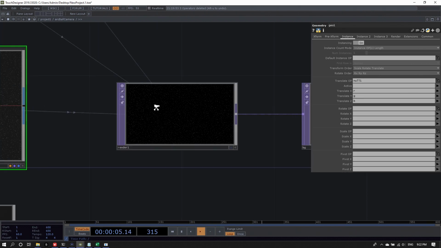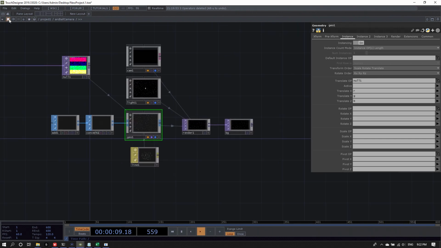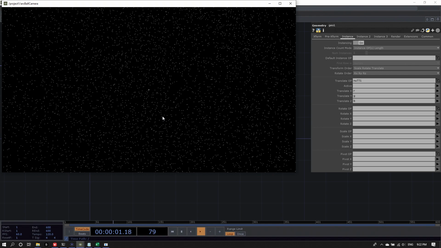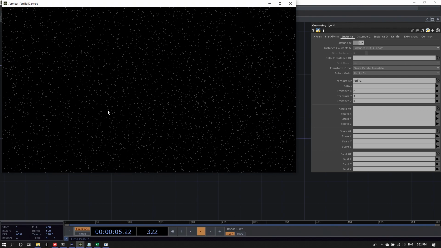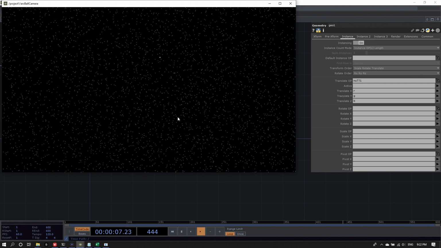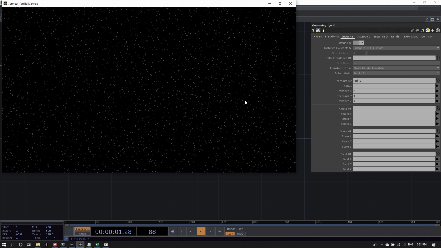And what I get is already pretty much the universe with the sun at the center. You can see if I'm zooming here, you're actually moving through space quite a bit.